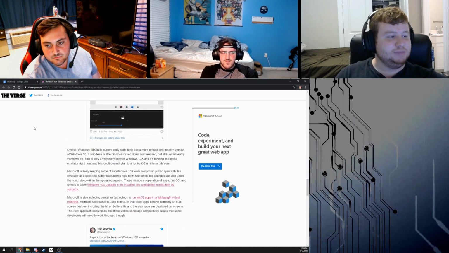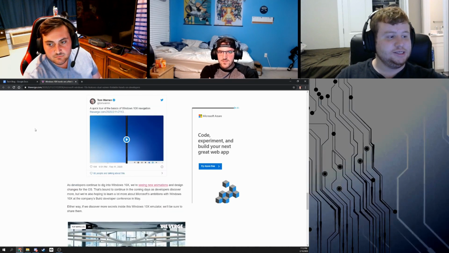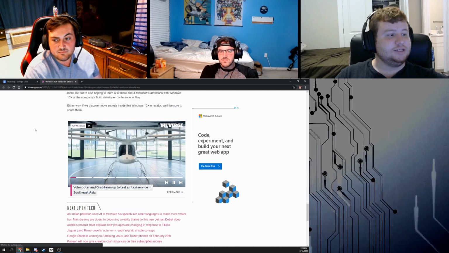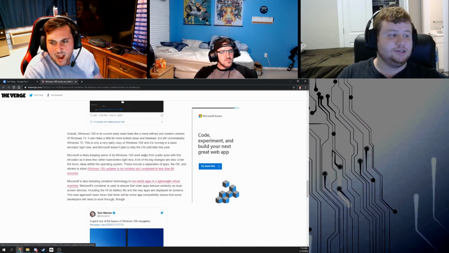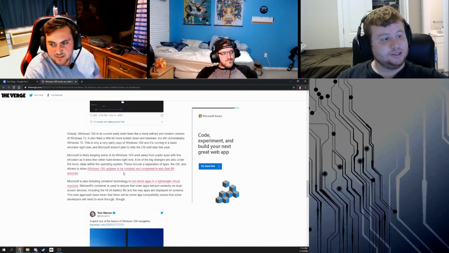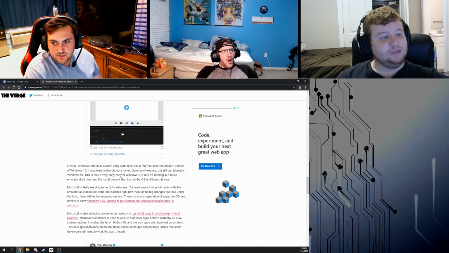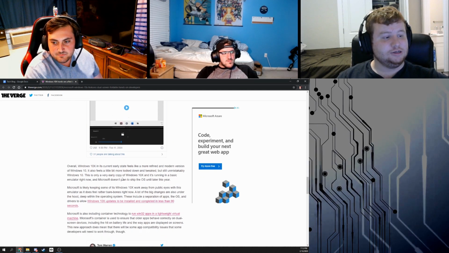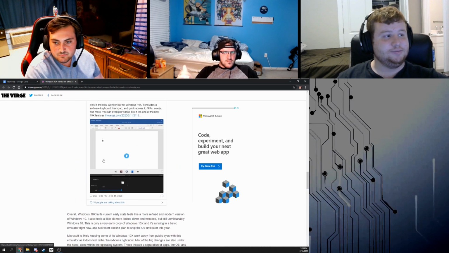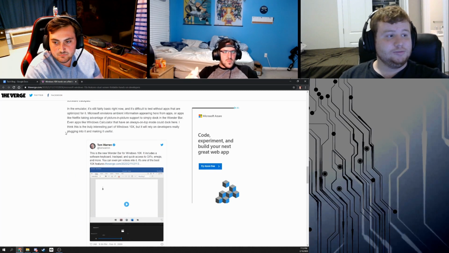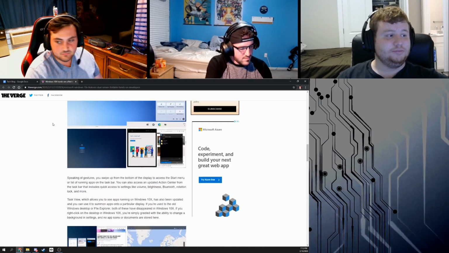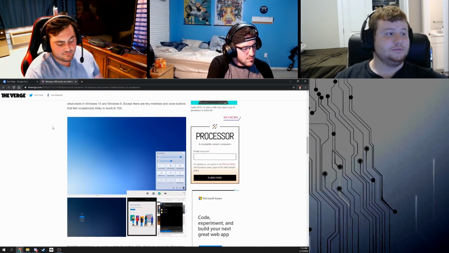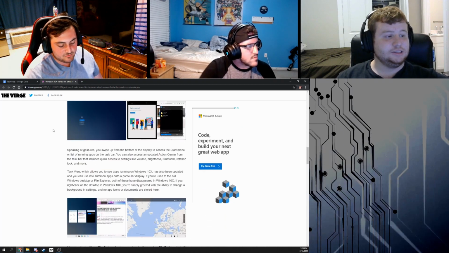I think it's being built for ARM or x86, but it will have a container for it, based off of right here. It'll run Win32 apps in a lightweight virtual container. It's not gonna be 64-bit. I believe it's going to be ARM based. It's either ARM based or x64, because 32-bit is falling off the map. Yeah, so it makes sense.